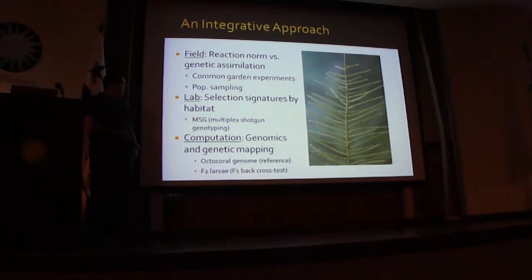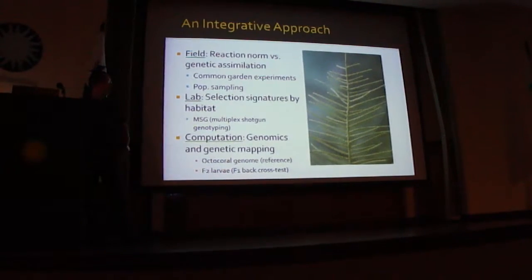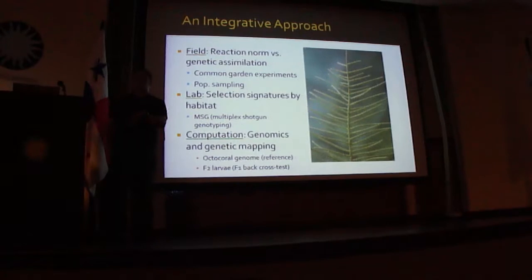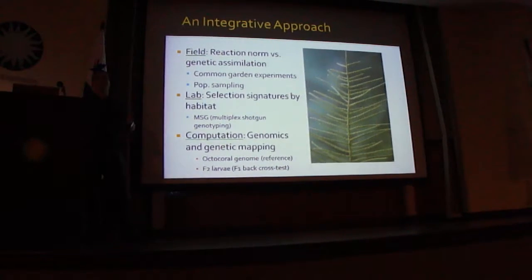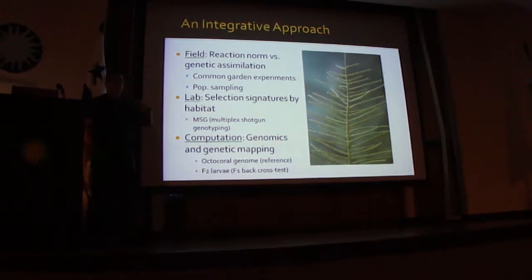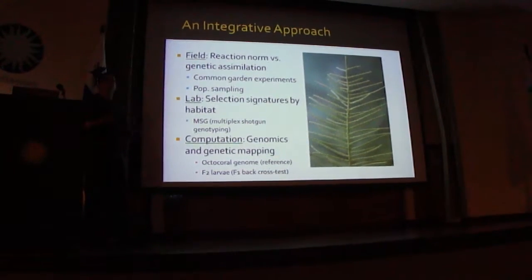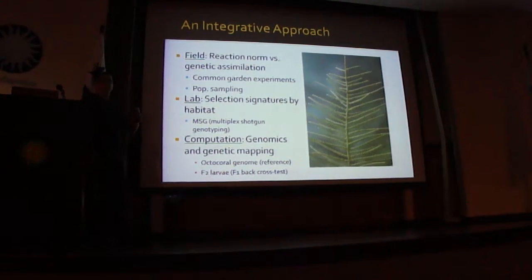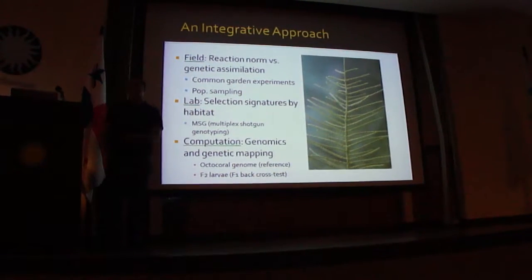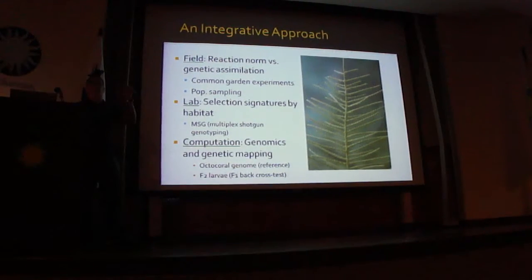So I'm going to use multiplex shotgun genotyping, a method by Peter Andolfatto, one of my collaborators. It's something similar to RAD-seq. It's a little bit easier. It only uses frequent cutter enzymes, and it doesn't use the shearing part. So it's a simplified version, but I might use a mix of the two methods. So the idea is to have a very dense scan of SNPs throughout the genome, and look for